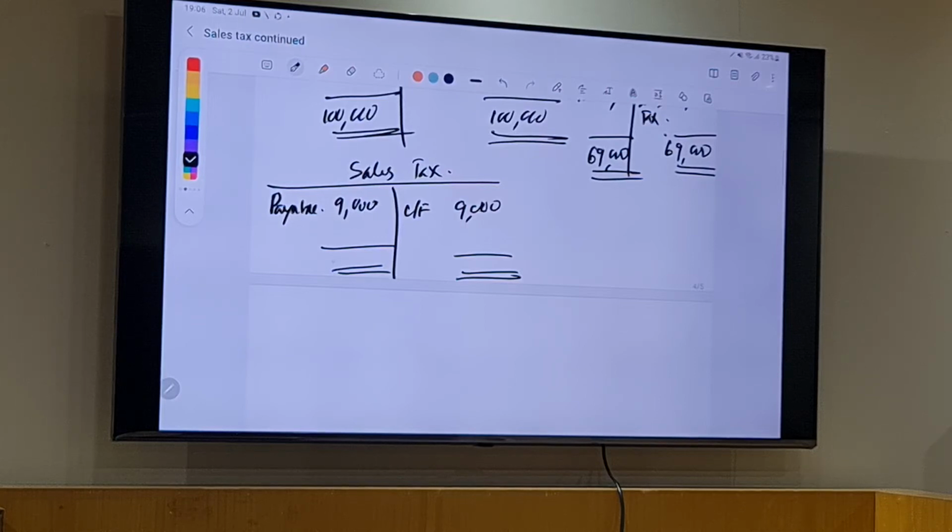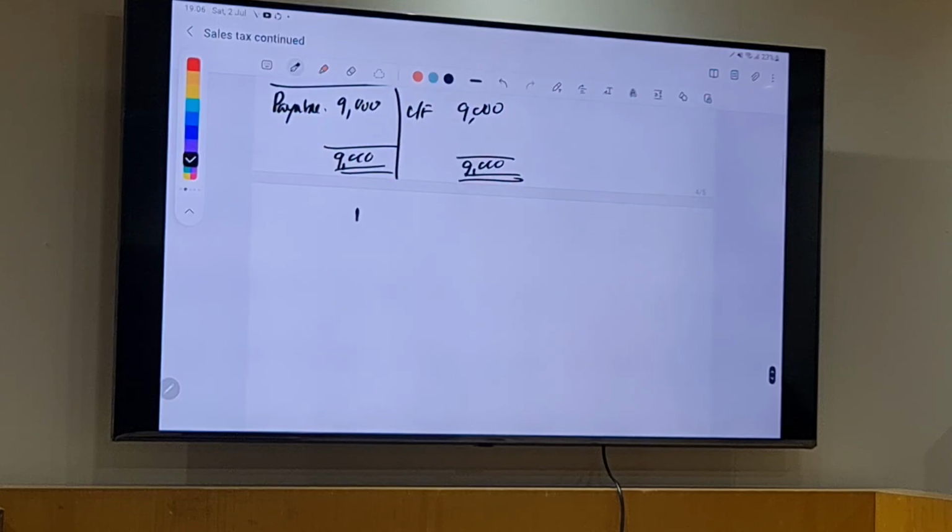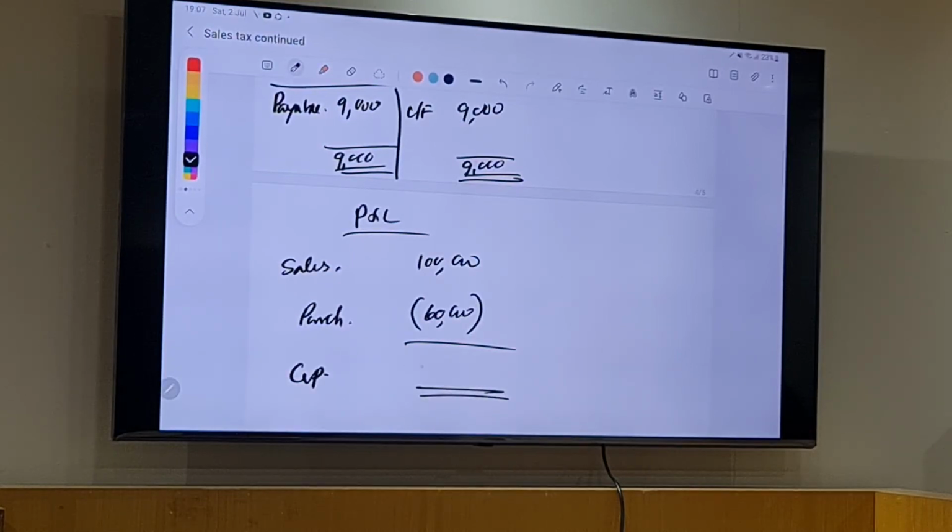The sales tax to be collected from whom? The taxable department. Okay. So now this is the second, your P&L. That you can't put as cash because you didn't receive it. You have to receive it from the department. Yesterday we talked about it. So sales how much? 100,000. Your purchases 60,000. No change in this. Your GP 40. And the balance sheet, the current assets,